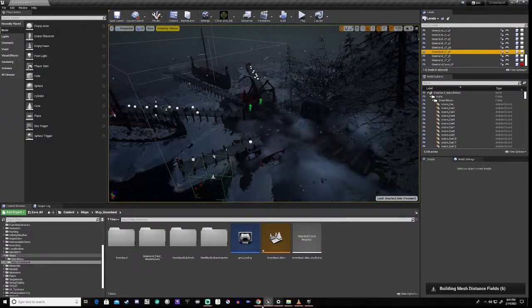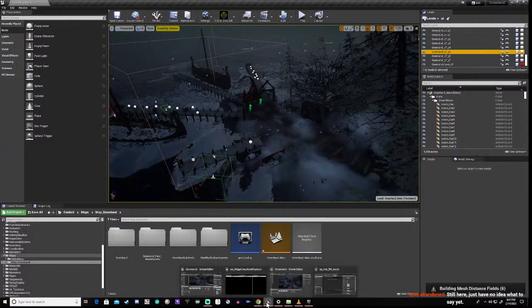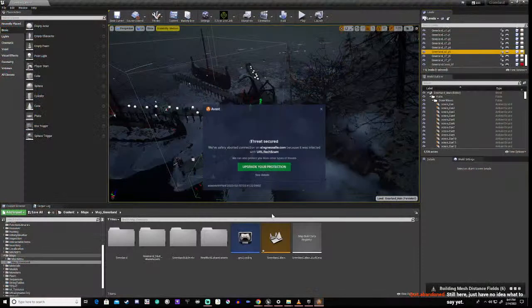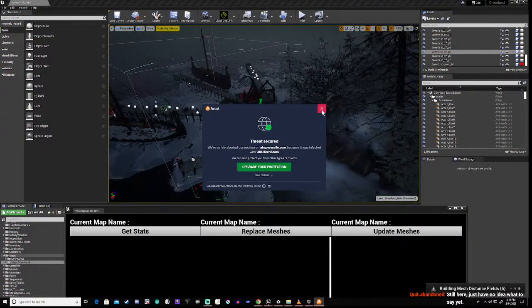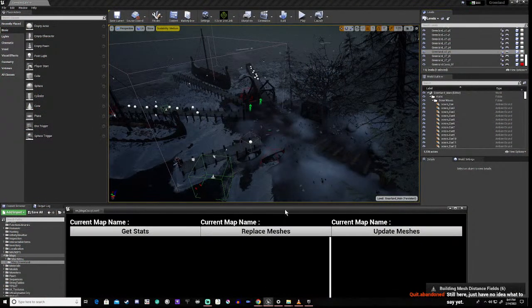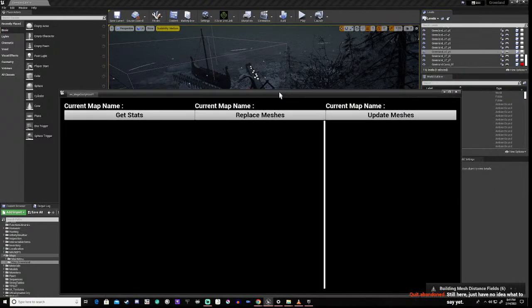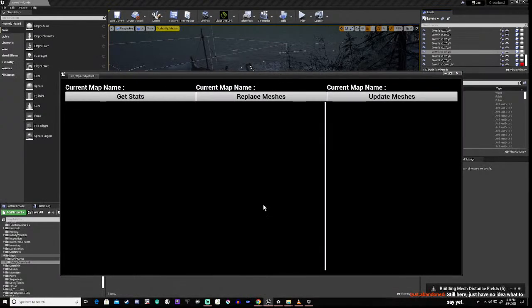Right? So, what we can do now is go to our mega crazy asset replacer. Then we can hit stats. Okay, now this might go badly.